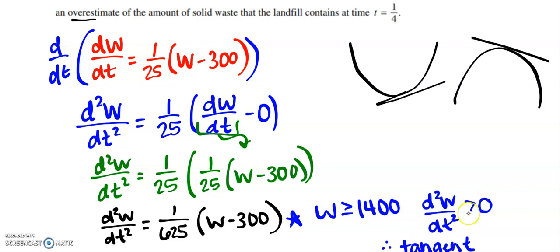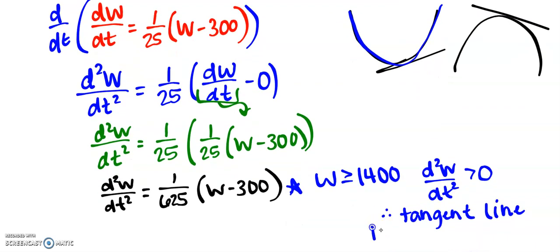if our second derivative is greater than 0, means our graph was concave up. So our tangent line is an underestimate of the actual tons. The other way that you can do this is if you didn't want to have to